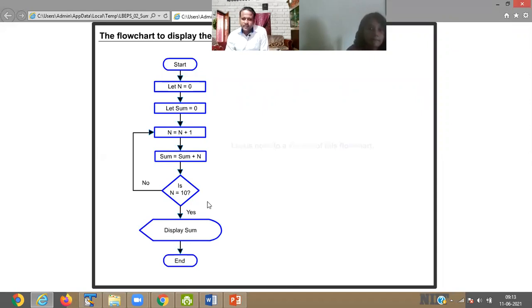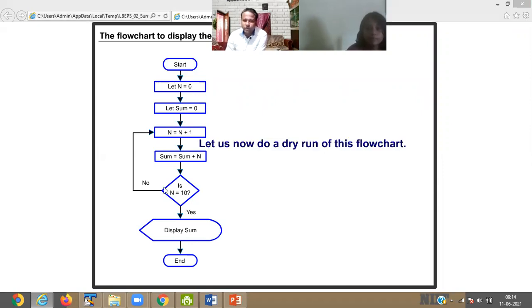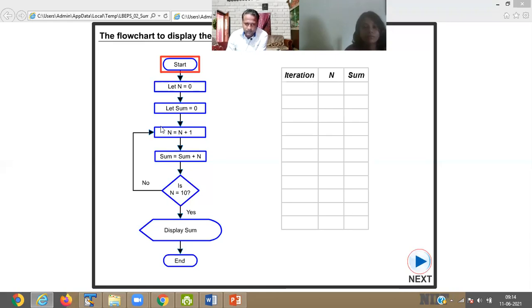Okay, so it is a dry run table. It is a flow chart to find the sum of the first 10 natural numbers. First, start.